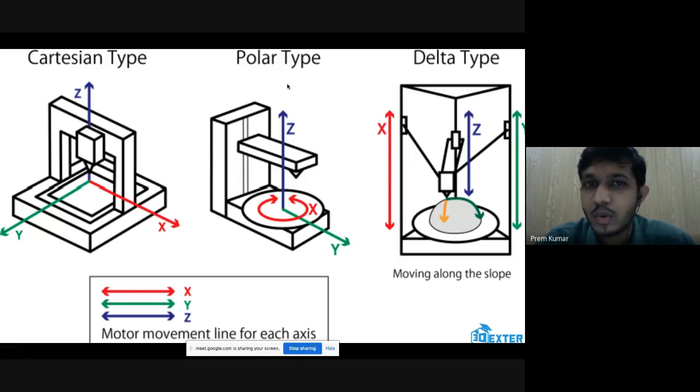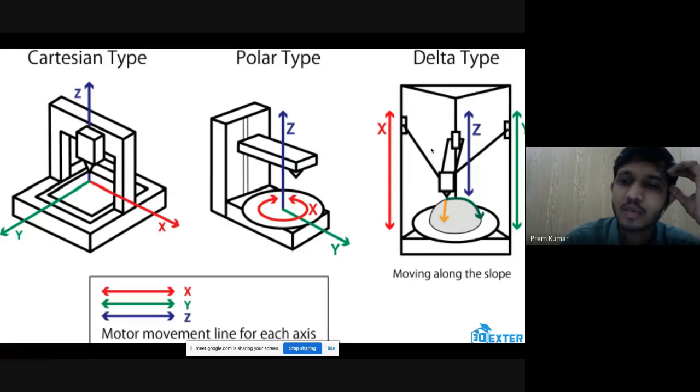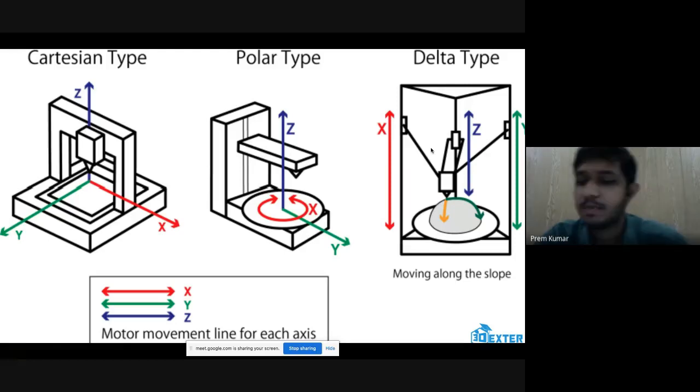So just like in a polar 3D printer, the delta type printer also has a cylindrical build volume, which means the entire build volume, the coordinates that it can trace, is of cylindrical type. And these delta printers are ideal for printing larger models in height compared to the XY area. We'll see these mechanisms in the next slides.